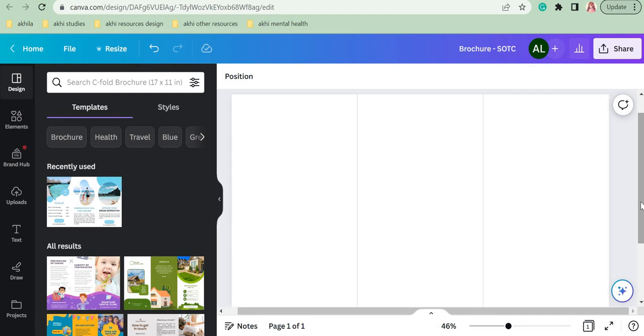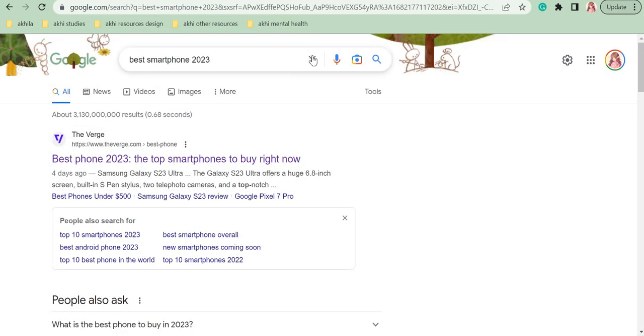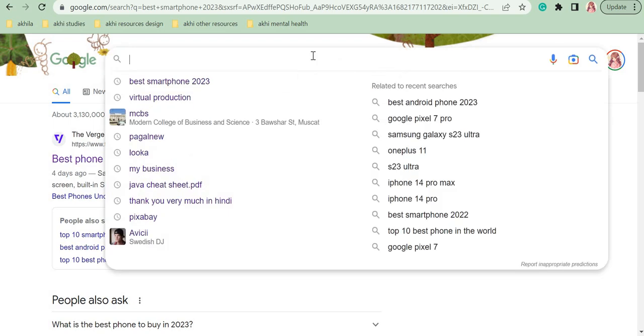Okay. So for this brochure, I have selected spiritual travel package as the theme. Okay. So I've selected that as the theme, and there are 3 places we are going to be covering. So select any 3 places also which you think will come under that travel package. How do you know these 3 places? Google and search.